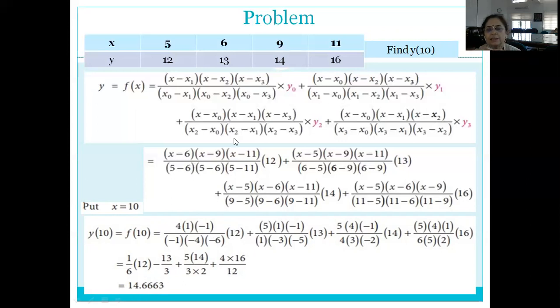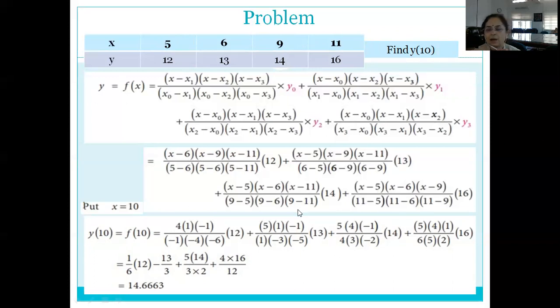Because we can realize the order of this polynomial function which we are obtaining, f of x, is n when we have n plus 1 data points. Right? So if we simply open these brackets, we realize that there are 4 data points and we get the function which is having order x cube here. Okay? So this is the third order polynomial expression which we have fitted to the given data points, ensuring all these data points are on the function. And so we can say the value at 10 also would be lying on the function, as the function is continuous from 5 to 11. Is it clear?